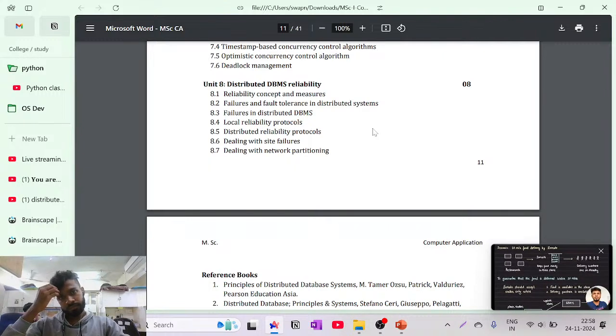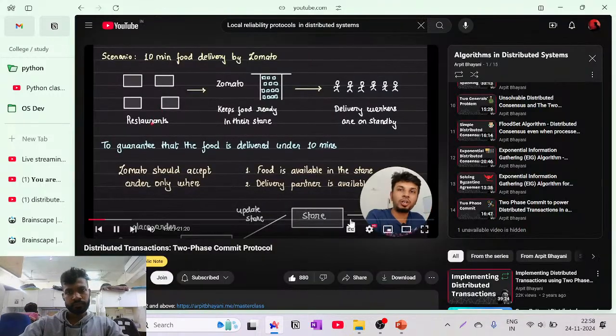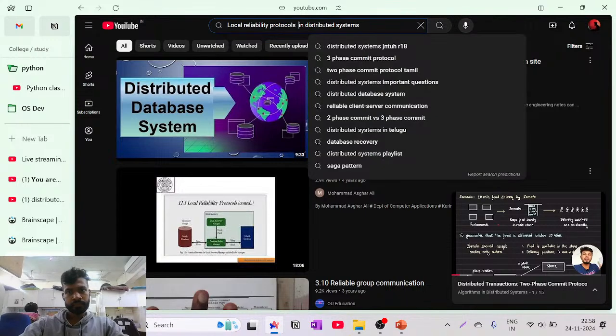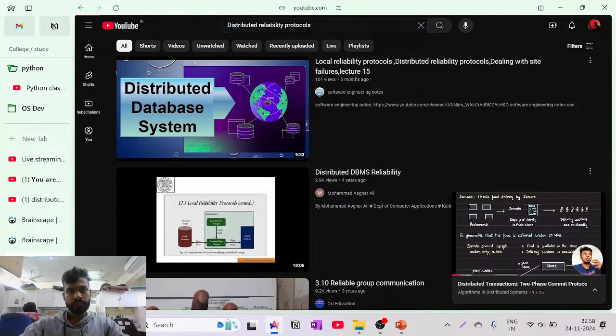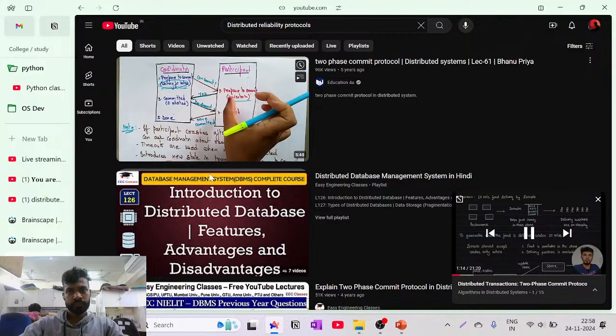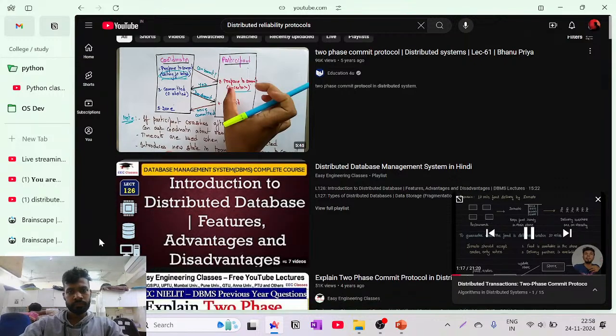So how does Zomato in India guarantee 10-minute food delivery? How would it do that? Zomato purchases a lot of food in bulk from the restaurants because they have the data to understand that from this area, at this time, this particular food will be ordered. They can predict the load on a particular food item, or the number of orders on a particular type of food, so they can pre-book or pre-purchase that food and keep it available in the store.